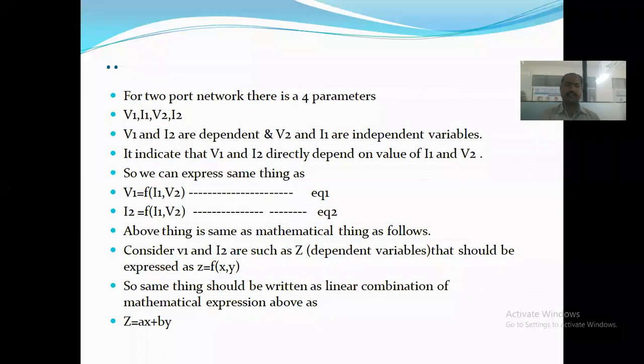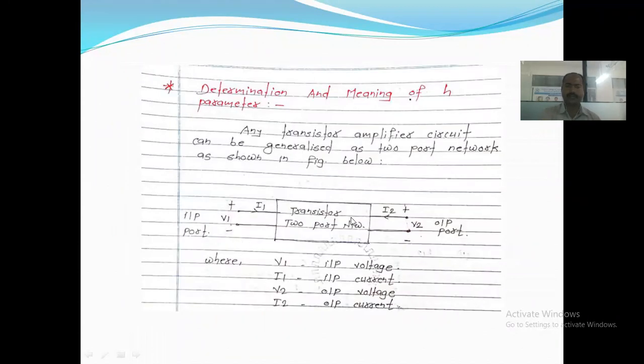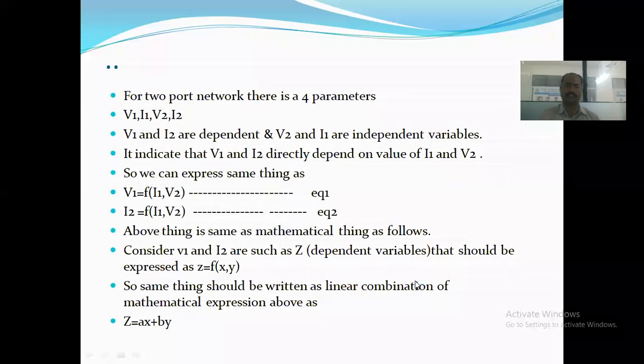So we know that phi1 and I2 are the dependent parameters, and I1 and phi2 are the independent parameters. So phi1's value depends on I1, and I2's value depends on phi2. That's why they are called dependent. And I1 and phi2 are not dependent on anything else, they are independent, meaning they don't have an impact on the other changes. That's why they are called independent, right?